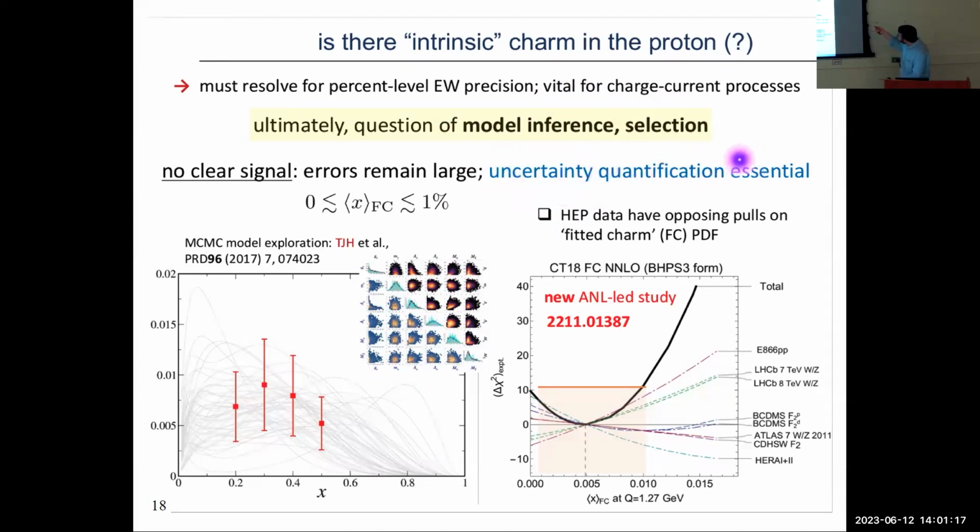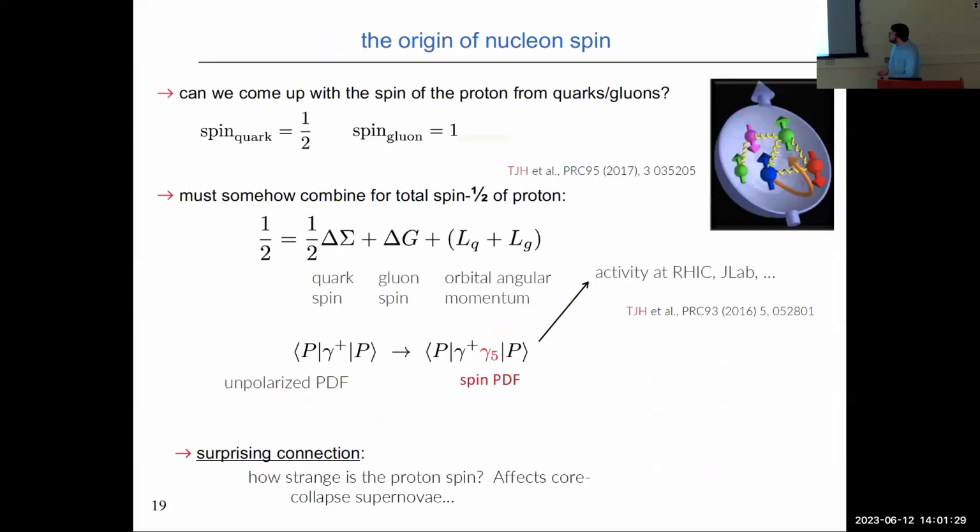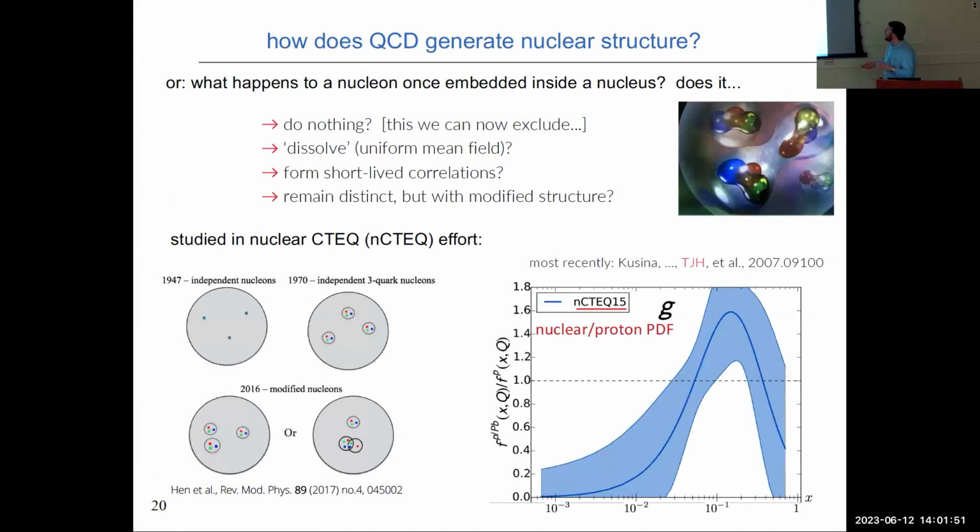And again, what I want to really stress is that the subject of uncertainty quantification in the PDFs, so saying that I have data, I know how strongly they pull on the fitted PDFs, is really crucial to making some sense of this question. There's, of course, the origin of spin, which I think many of you heard about, which has exactly an analog to these kinds of questions in terms of the collinear unpolarized PDFs, where one can play the same sort of game and try to construct, by appropriately summing and integrating over spin-dependent analogous PDFs, the total spin 1/2 of the proton. That remains very problematic to this day.